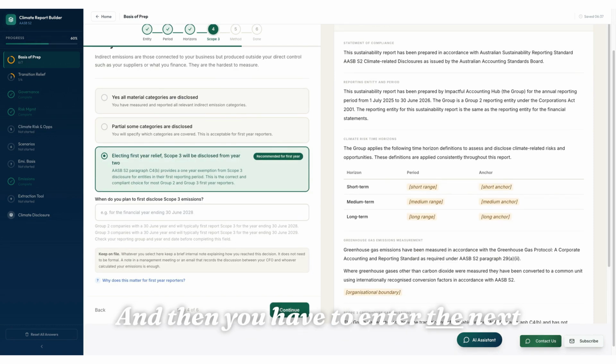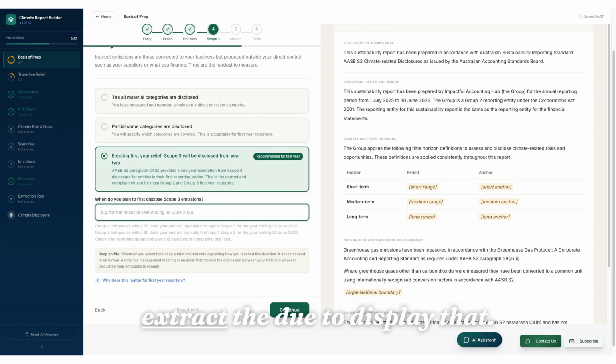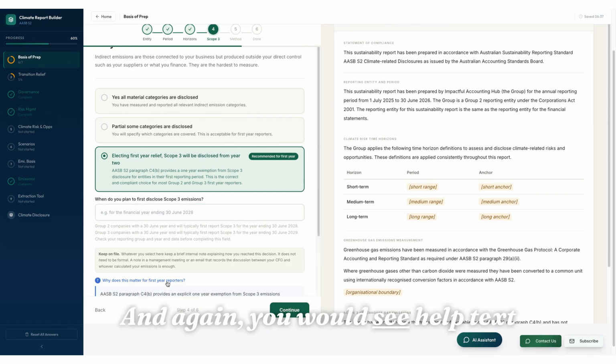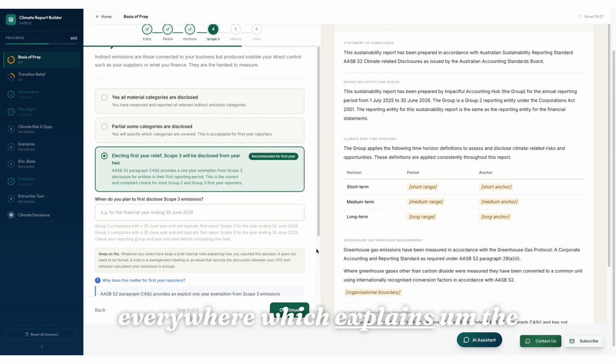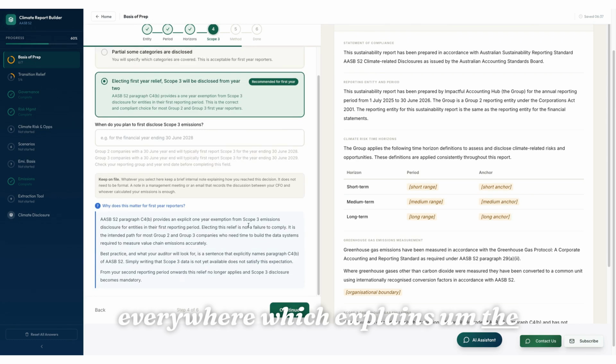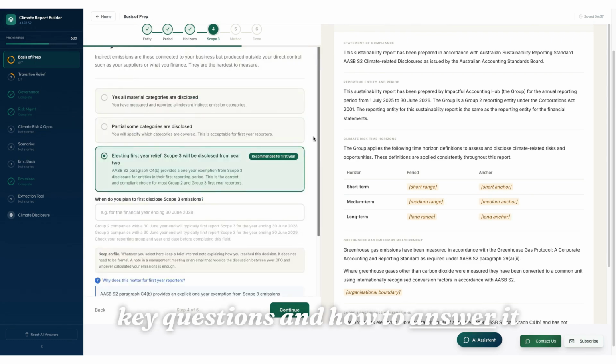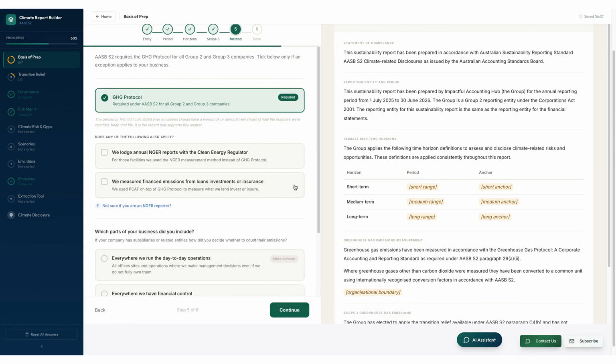And then you have to enter the next financial year. When do you plan to disclose it? And again, you would see help text everywhere, which explains the key questions and how to answer them, which will be helpful for you. The next one